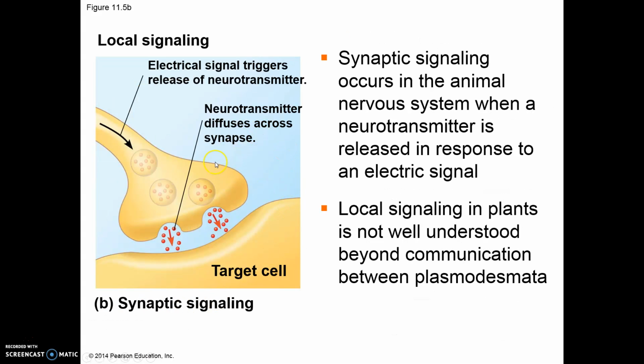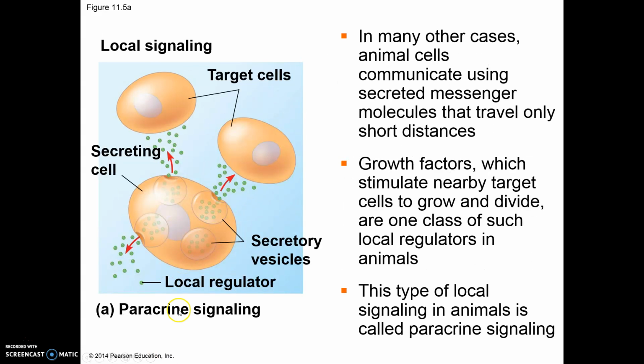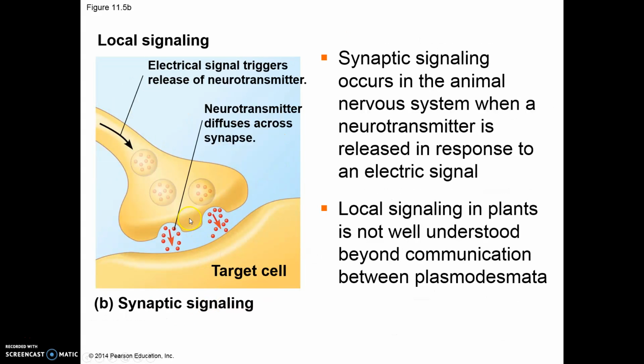Another thing we have is synaptic signaling. This is very closely related to paracrine signaling, but in this case, we have two cells that are intimately in contact. And these signals are diffusible and are released in the same way that we see in paracrine signaling, but they can't really diffuse outwards. They can only affect the cell that it is in tight contact with. Now, this is localized signaling when cells are close together.